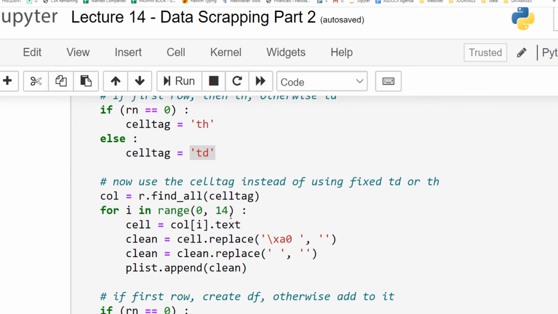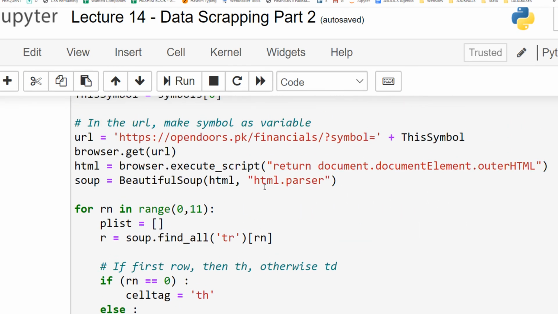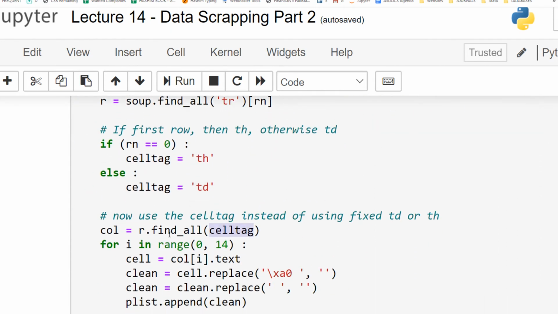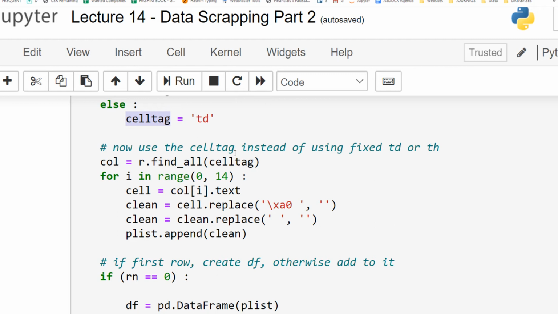So you see that over here I'm using find all cell tags. So if the row is 0, the cell tag will be th. If it is not 0, 1, 2, 3, 4, 5, then the cell tag will be td. And I'm not putting any single or double quotes around this cell tag because now it is a Python variable. Now use the cell tag instead of using the fixed td or th.